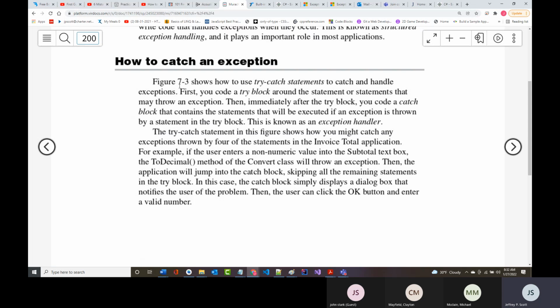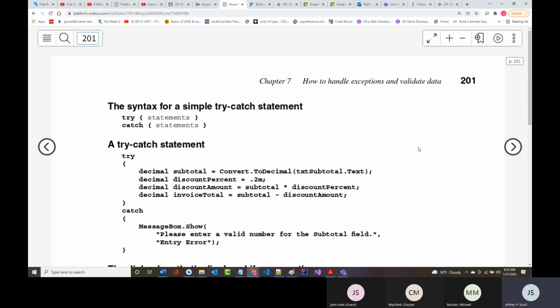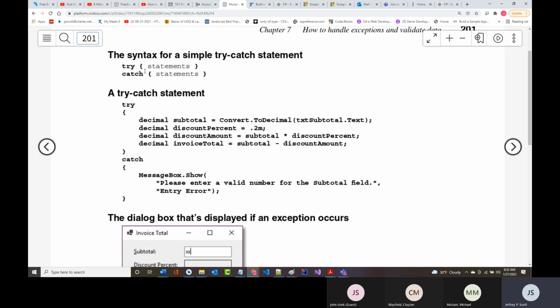All right, so this is the syntax for it right here. You put the word try in there. And inside, let's just look at this example. In this, these are statements, any of which may fail. If we go all the way through and we do this and it succeeds, and we do this and it succeeds, and we do this and it succeeds, we totally skip